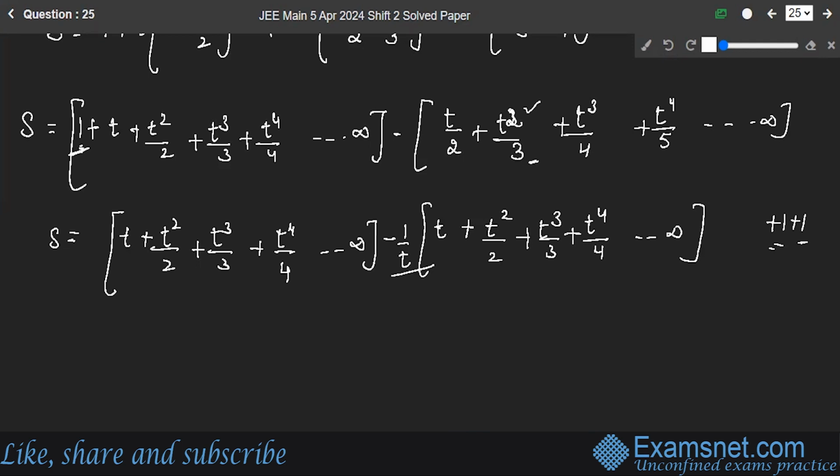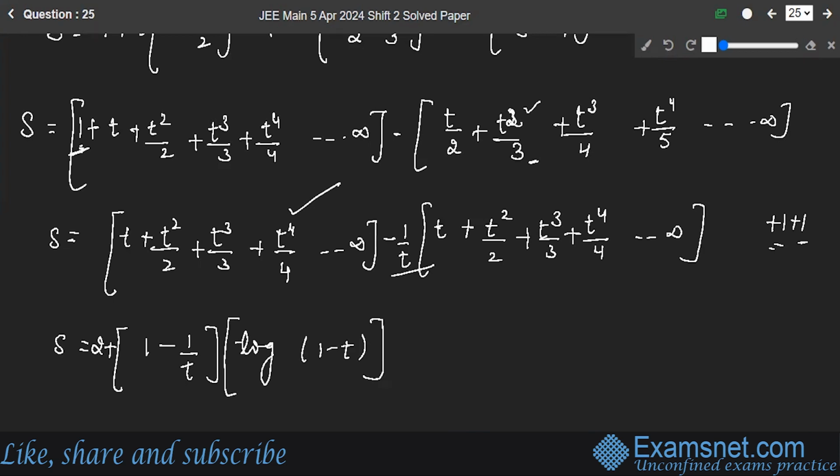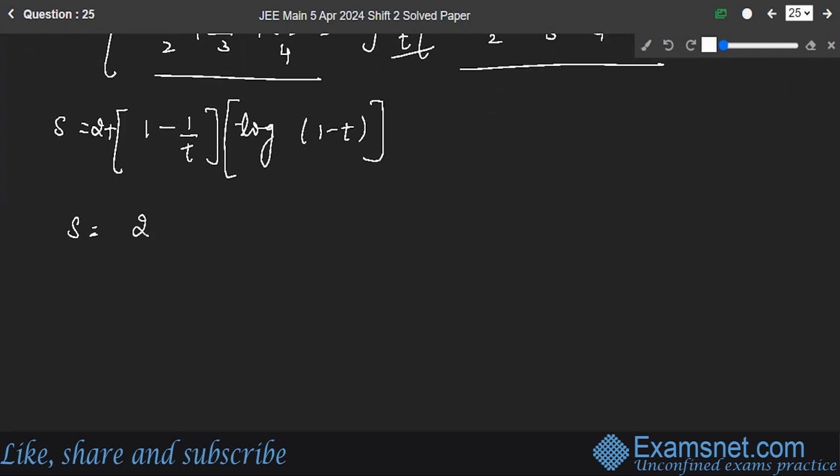Got it? Okay. So now S is equal to the same thing. So let's write 2 over here. 2 plus, this is (1 minus 1 by t) I have taken common, and this is equal to minus log of (1 minus t). See, this is 1, so 1 into 1 by t common, because these two are the same. I have taken them common. And this is equal to minus log of (1 minus t). Okay. Now S is equal to 2 plus, this can be written as, I'm adjusting this, minus 1 by t minus 1